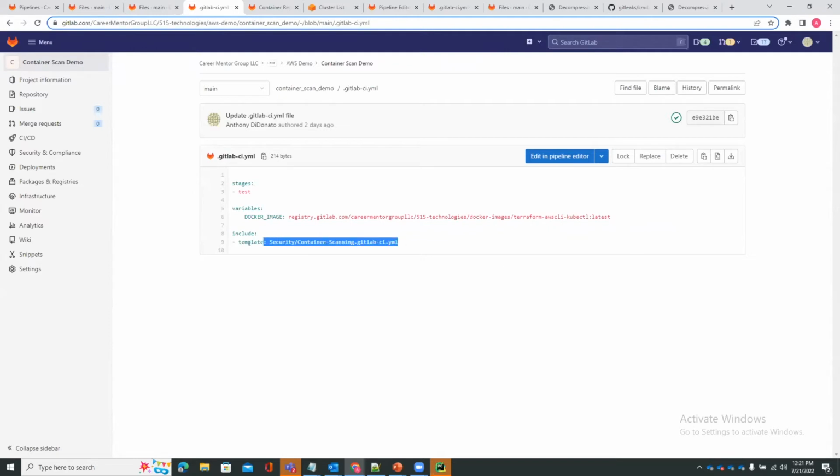Just to create a scanning instance, I don't need any third-party tools. I don't need a Snyk API key. I don't need SonarQube. I don't need anything else. I don't even need Docker scan, quite frankly. They have this pre-built template, which I'll show you how that's incorporated. For me, all I need to do is include it. Give it a variable that tells it where the Docker container or Docker image is, and create a stage called test. When I run that pipeline,